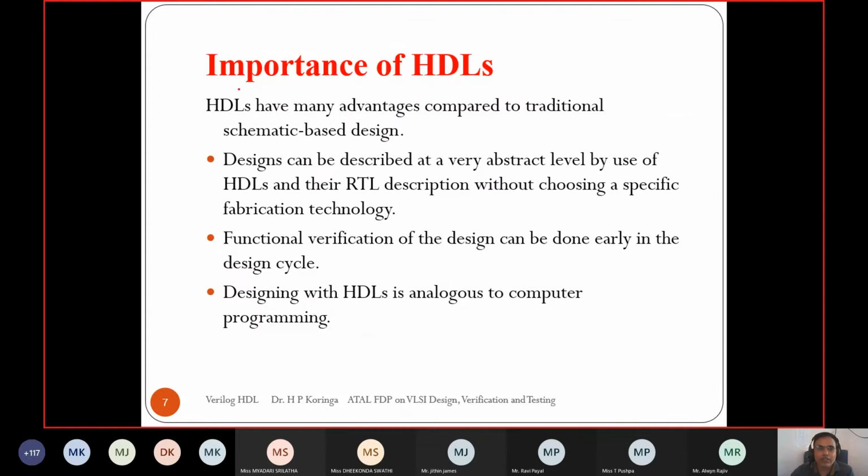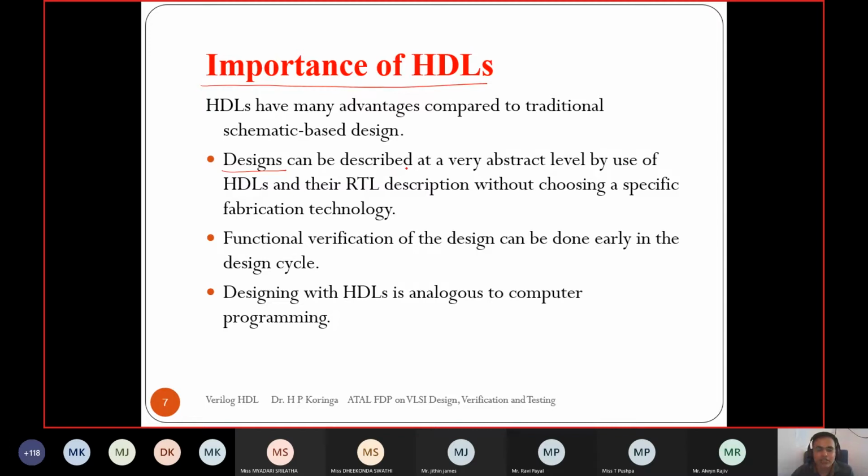Now we'll see first of all why we have to learn HDL and what the importance of HDL is. HDL is used at the design level without bothering about how the design is implemented at the physical level. So HDL is at a higher abstraction level, right?